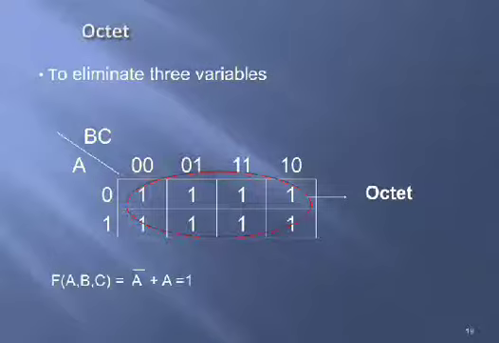That means for all the input combinations the output is 1. For all the input combinations, starting from 0 0 0 to 1 1 1, all the 8 distinct combinations, you are getting the output as 1, so you can make all the 8 cells a group of octet, and there are no input variables. Since an octet eliminates 3 variables, you will get the output as a constant, equal to 1.